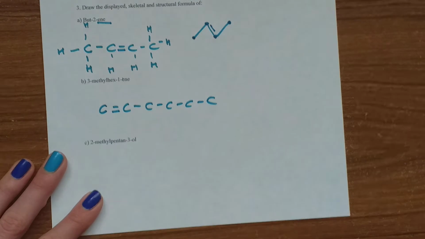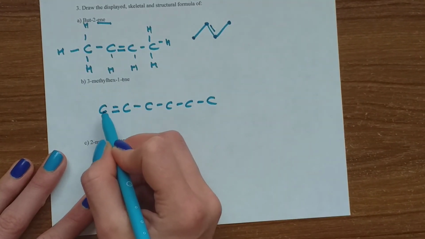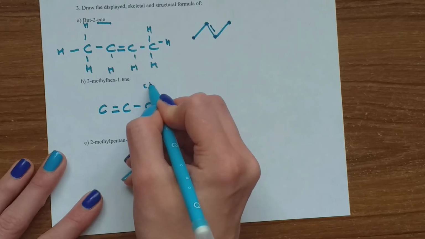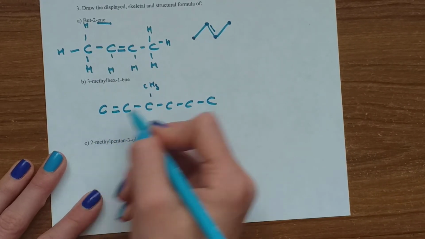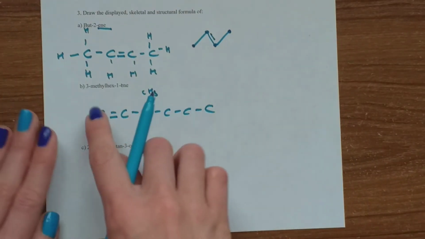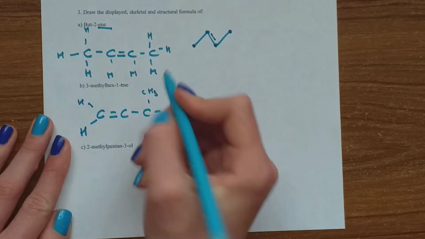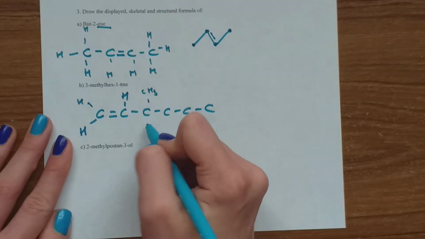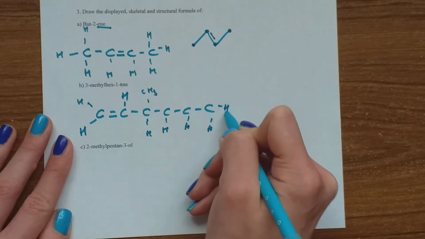1-ene means double bond. 3-methyl, if we started 1 from this side, we do 1, 2, 3. You can't put 1 here and then count from the other side, 1, 2, 3, and put CH3 right here. You have to always count from the same side. So we only have 2 hydrogens on this bond, 1 hydrogen on this one, and then just carry on writing